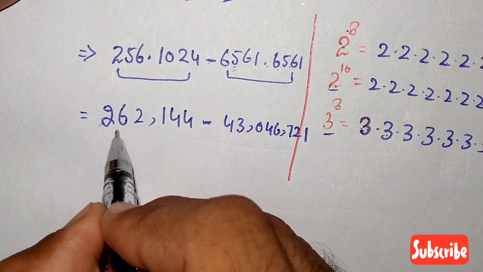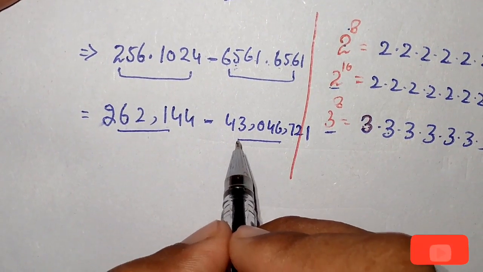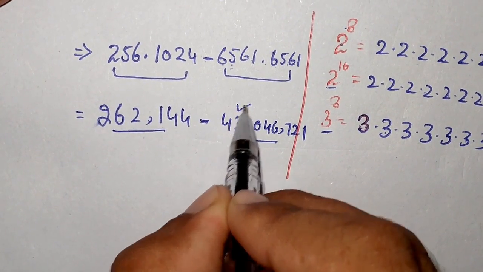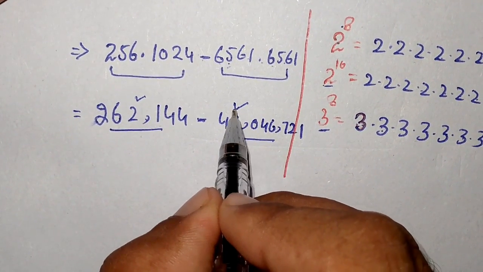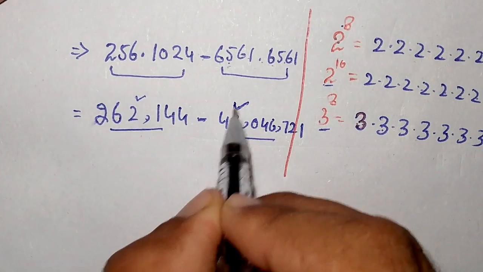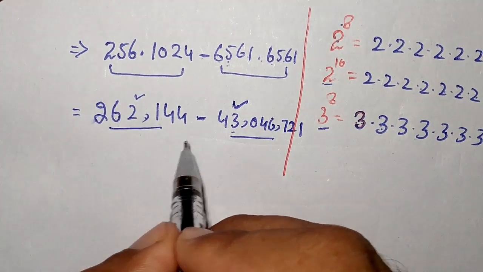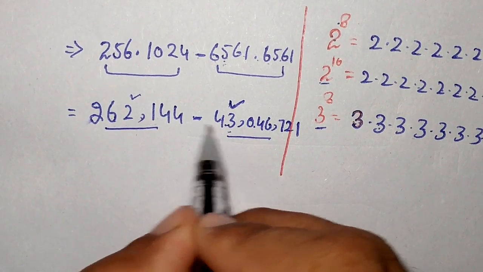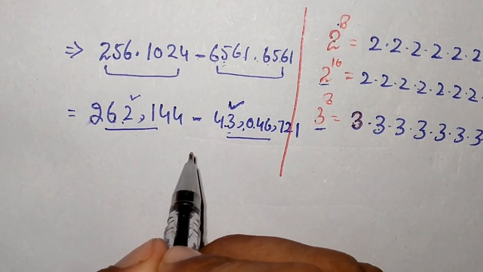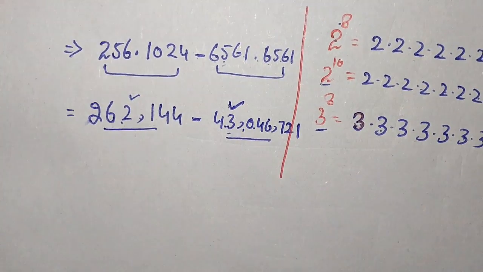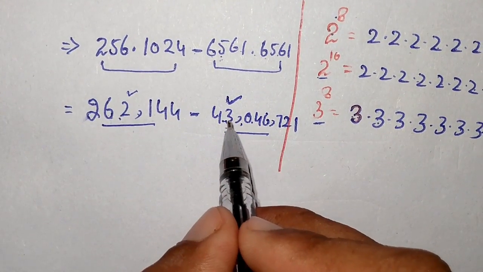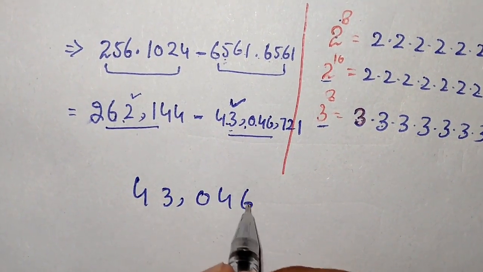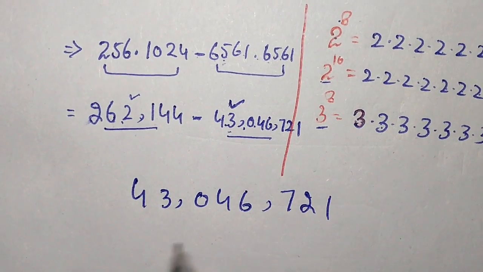So we know that this number is smaller and this number is larger. So we have to subtract this number from this greater number, because this number is greater and this is smaller. And at last we have to add a negative sign to the answer, because this side is greater than this side. So we write the greater number first. So this is 43,046,721 minus